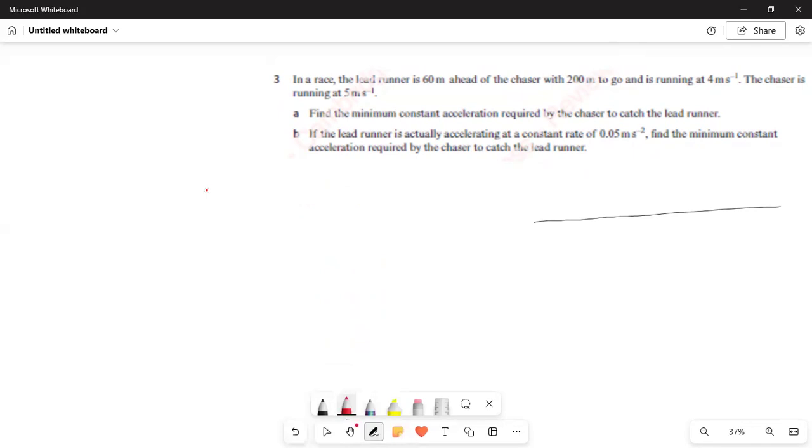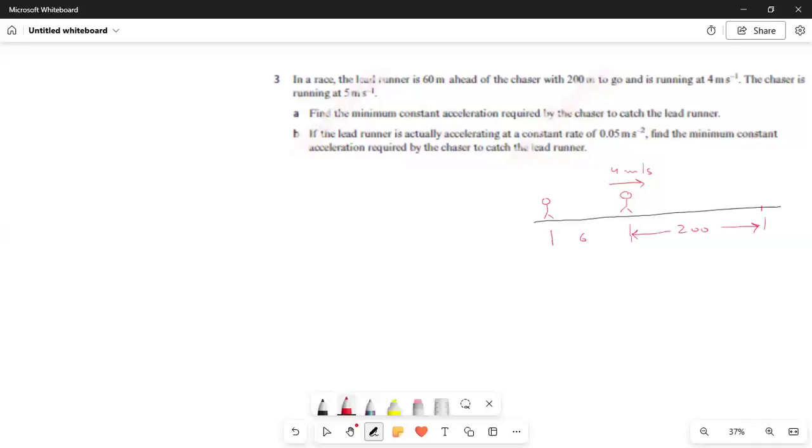So one is the leader, he is leading, and he is 200 meters away from the end. He has 200 meters to go. In the race, the leader is 60 meters ahead of the chaser. We'll talk about the chaser with 200 meters to go, and his speed is 4 meters per second. The chaser is behind,